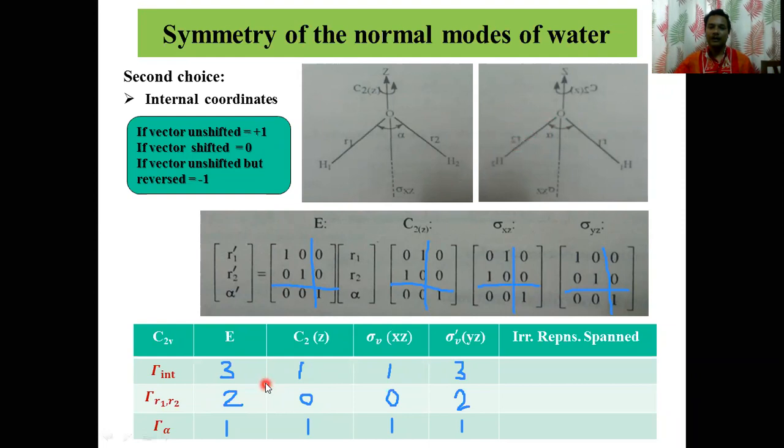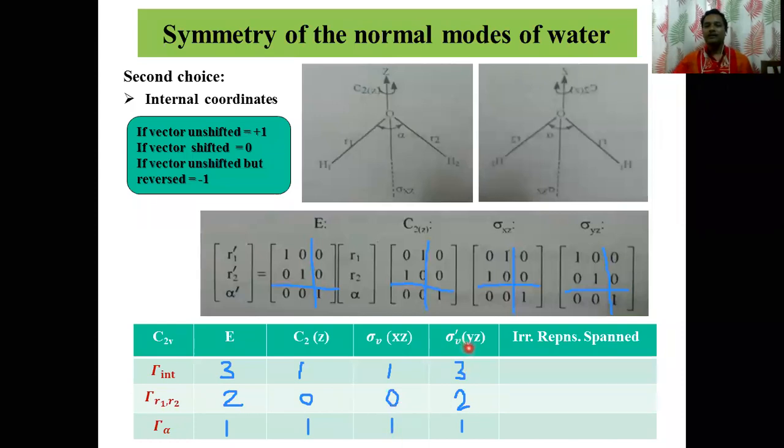So therefore, if we go for C2, the total is going to be 0 for this, 0 for this, but 1 for this alpha. So this is going to be 1, right? Now, again, if we split it up in terms of R1 or R2, R1 and R2 change position. So it is going to be 0 from each of them, and the addition is 0, but alpha remains unchanged. So it is going to be 1, right? Now, sigma b is exactly the same scenario, so I'm not going to repeat this.